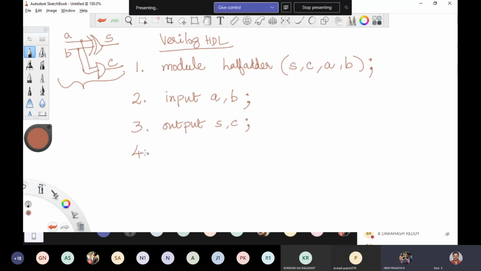So now fourth line of Verilog HDL is what? Intermediate connection. My dear guys, whenever you have more than one level circuit, in the sense 2 level or 3 level circuit, you will have interconnections. Now let me explain. This is level 1 circuit.